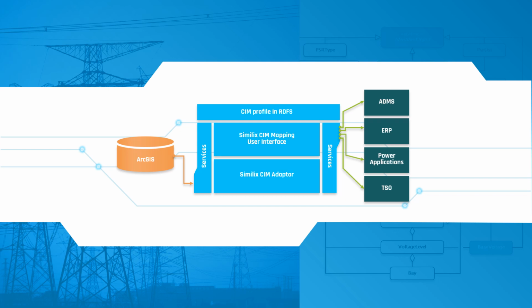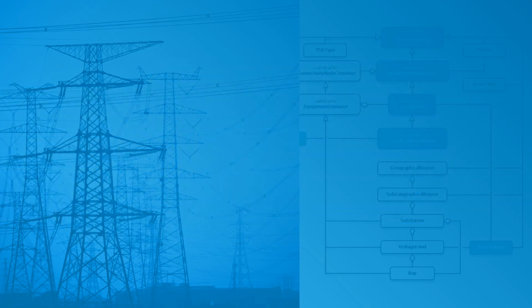As you have seen, the Simulink SIP adapter for ArcGIS is a simple and efficient tool for making your ArcGIS data available in ZIP formats. It comes with a highly intuitive user interface for defining the mapping logic, and it provides advanced service-based functionality for orchestrating your ZIP mapping in the operational environment.